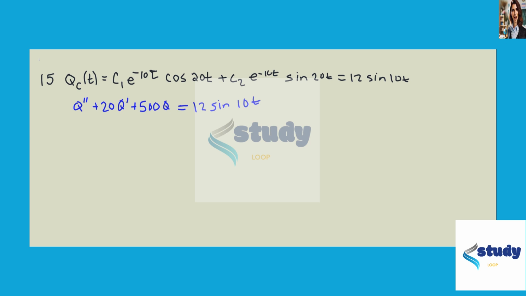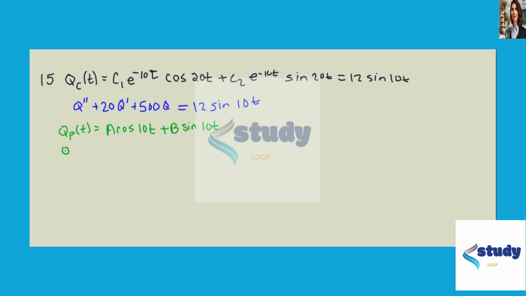So I'm going to try Q_p equals A cosine 10t plus B sine 10t,